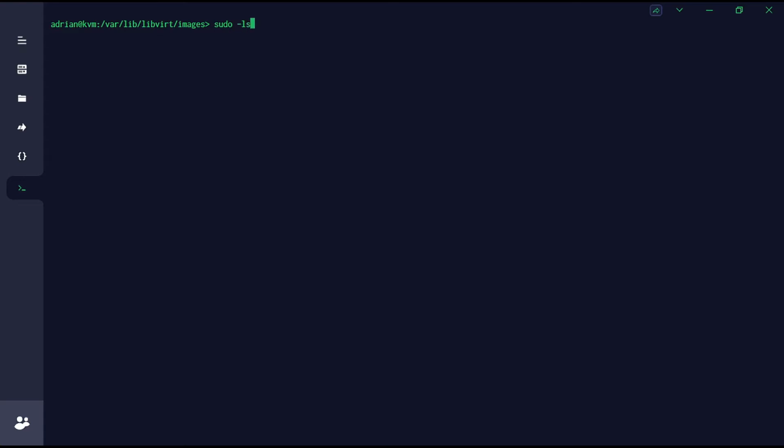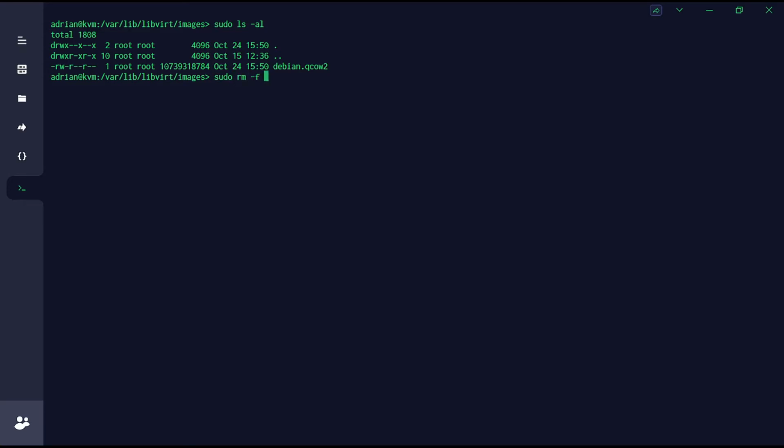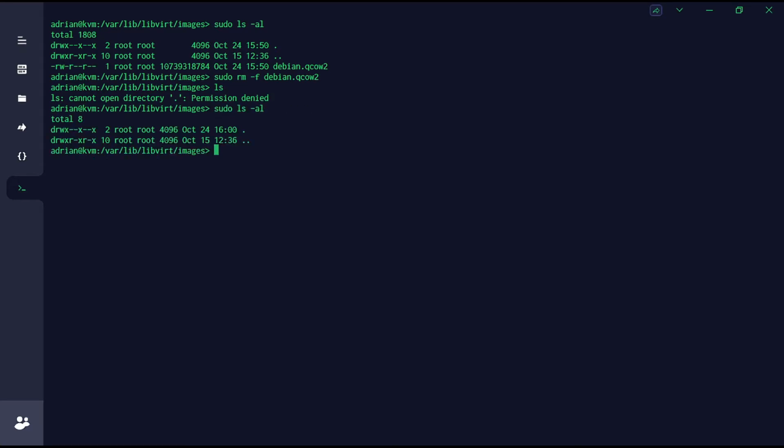So sudo lsof, sudo lsof, and we can see probably it is in use. I think I can investigate it, but I don't have time for this. We can get rid of this file totally. You can remove it, so I can try sudo rm and this Debian file, and I think I will be able to. And once again, this one, and there is nothing like it here. So if we do this once again, something like that,